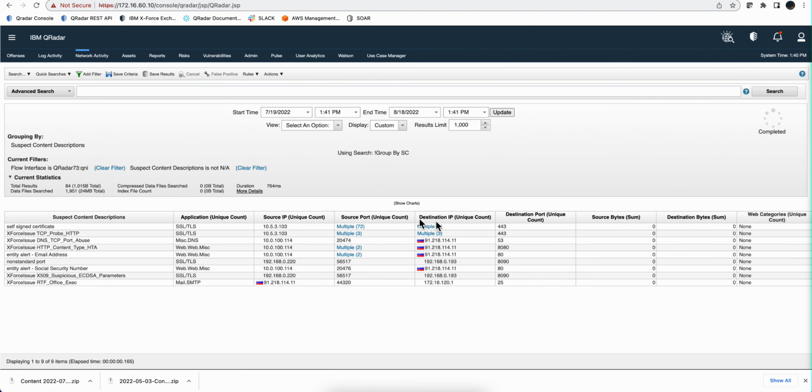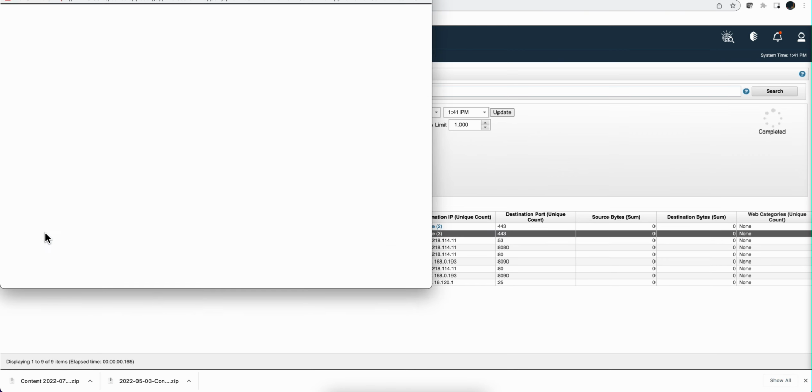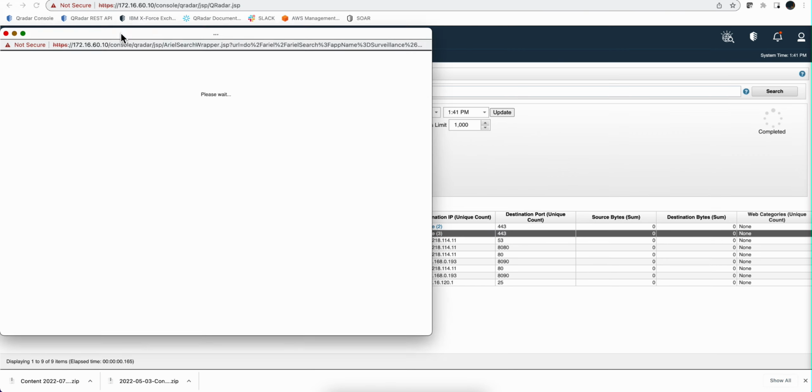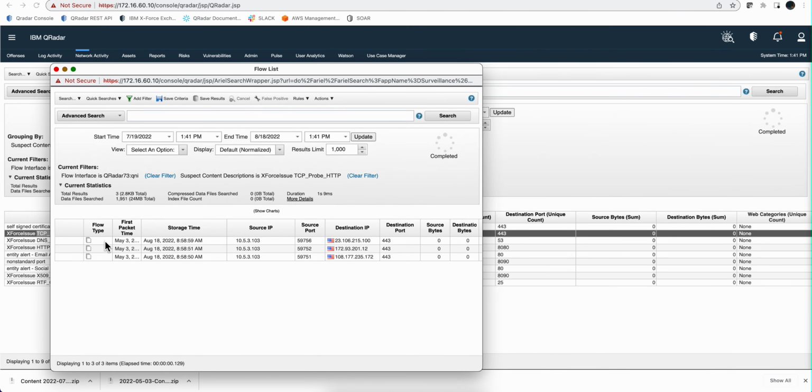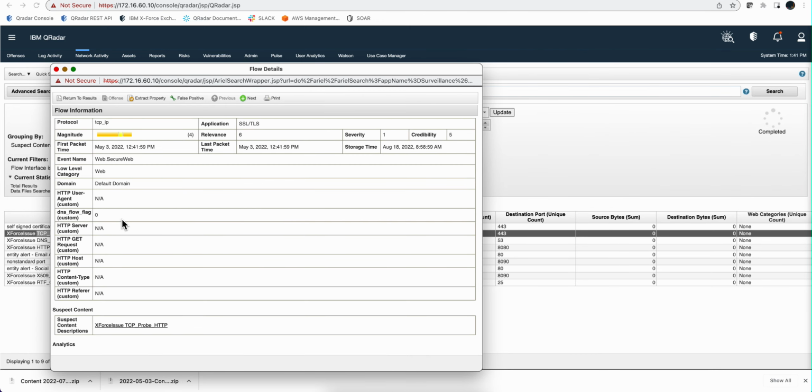So I have the search already done with some of the columns populated in here, and it finds things as trivial as somebody using a self-signed certificate, which today is a very common event. Everybody can get free certificates and do things a little bit more properly. It also finds things that are a little bit more problematic. So let's actually go into these events in here. If we look at those, we can see all these three, and if we go into one of them,